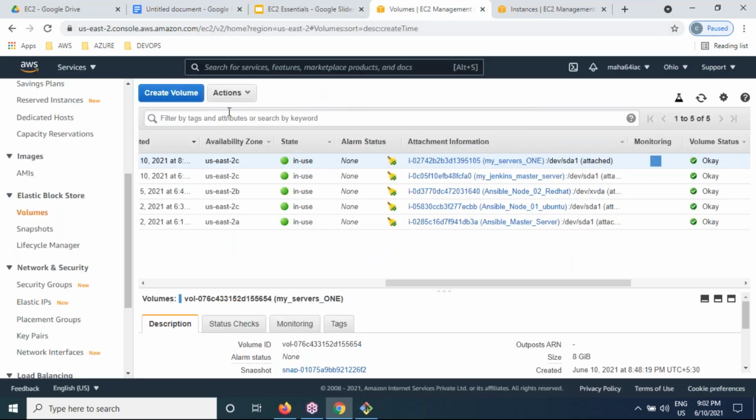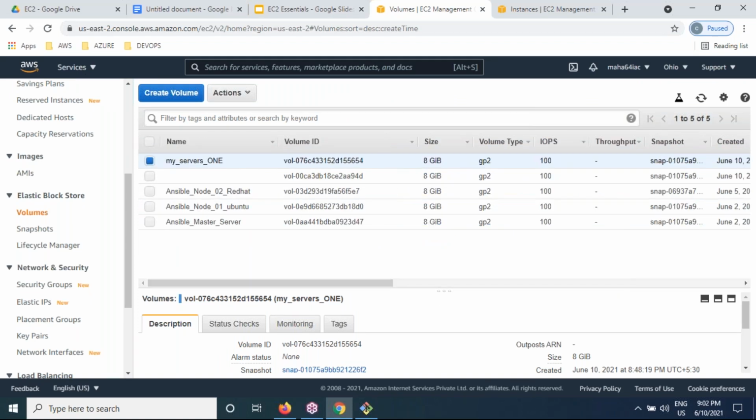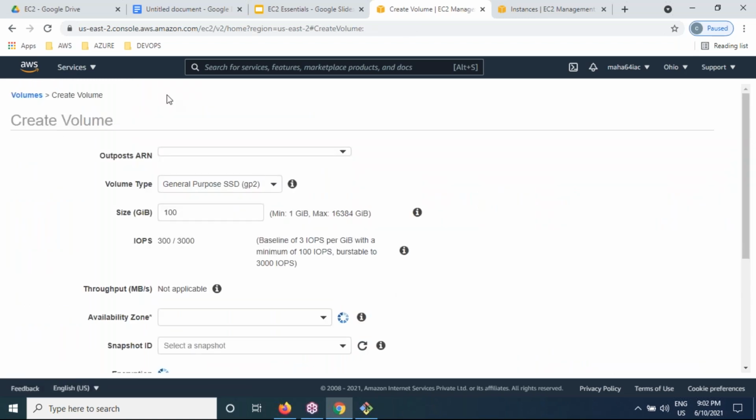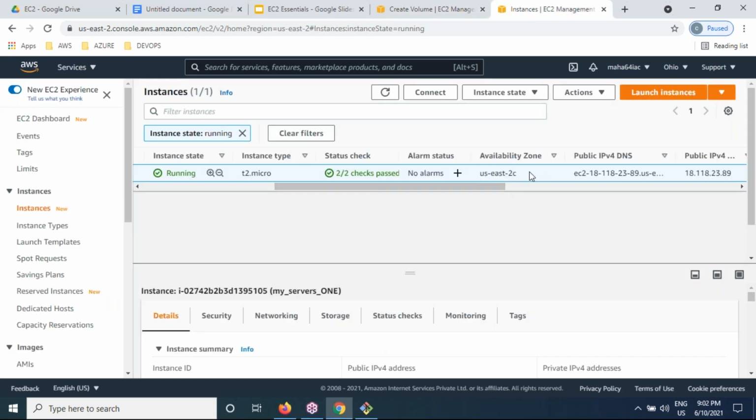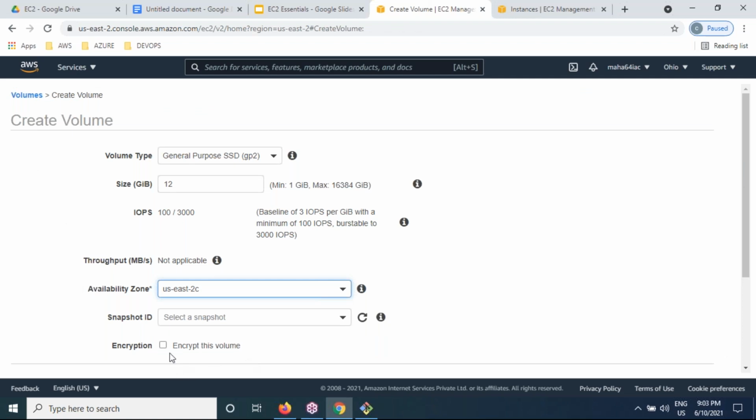Go to the Volumes tab and create a volume. Let us give 12 GB. In which availability zone? The same availability zone. My instance is running in US East 2C, so the new volume I'm creating should also be in 2C itself.